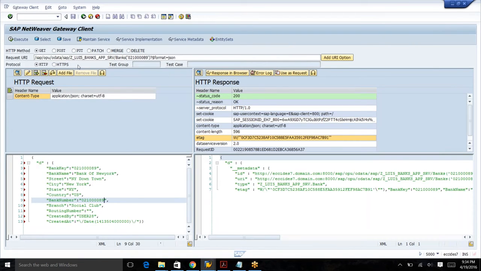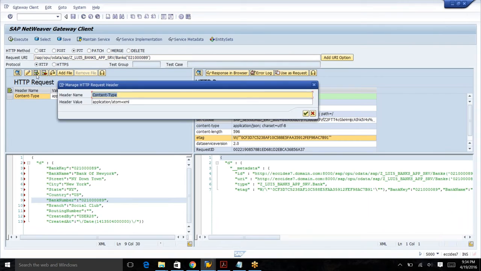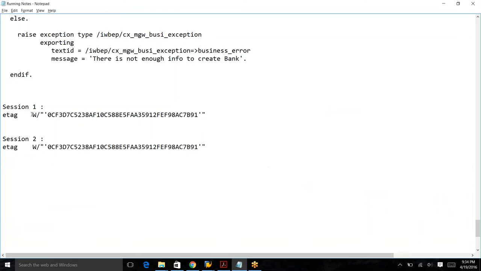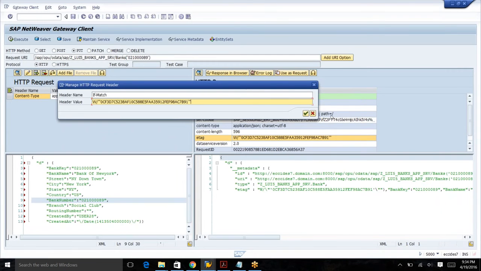So for the second one, I'm going to use HTTP method put. I'm going to get rid of format equal to JSON. Okay, and I'm going to add HTTP header if match, and the e tag I'm going to pass whatever I have received. Okay,